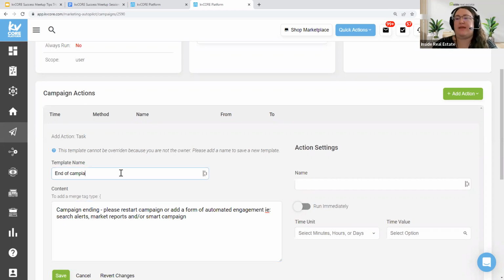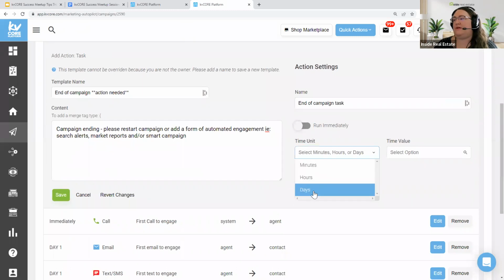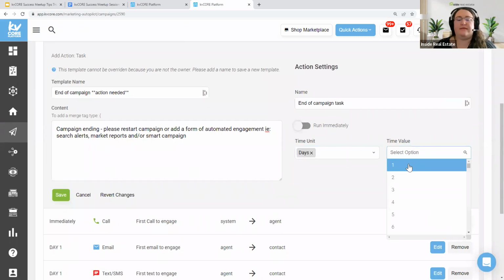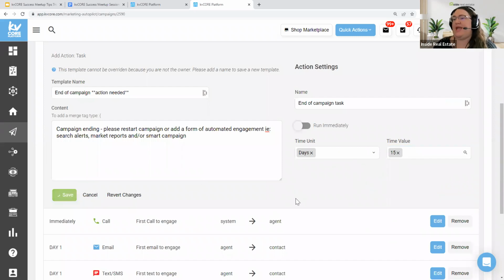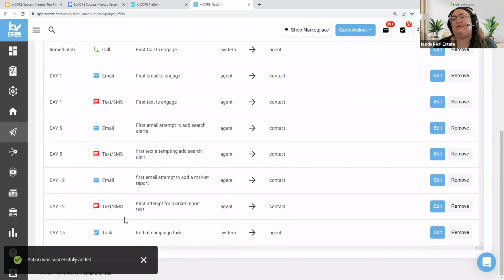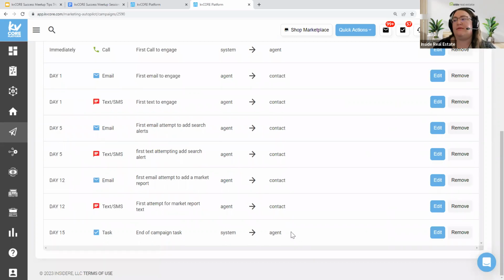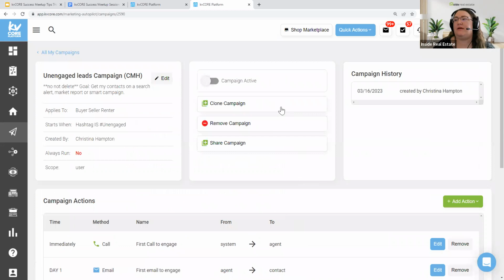End of campaign, action needed. End of campaign task. So I'm going to run this on day 15. And I'm going to add in a few more items in here. Like I definitely want another phone call. So my next step,